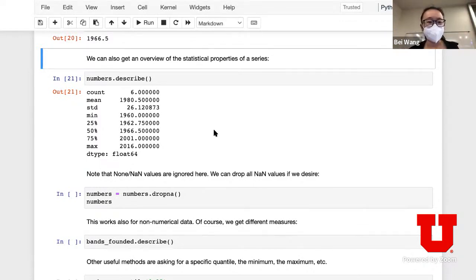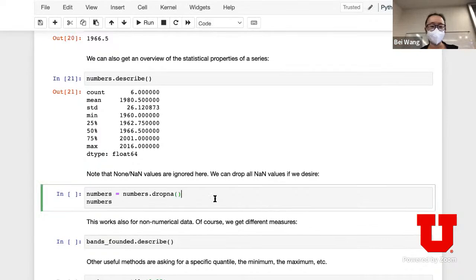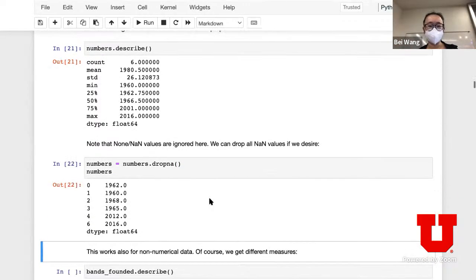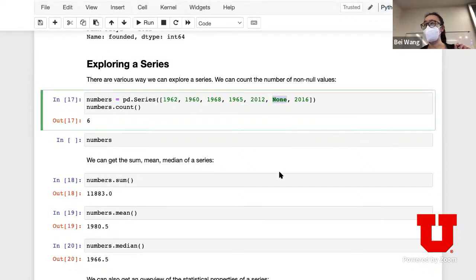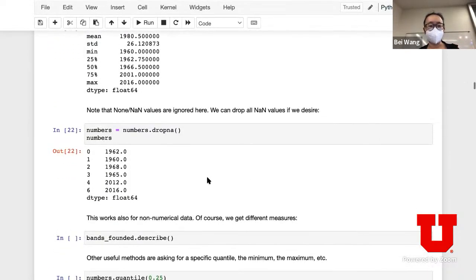Thank you. All right, so the first step of dealing with data wrangling is to deal with missing data or not available data. And series come with dropna. What that does is, if you have NaN, which is basically non-values in your data set or missing data, it's going to drop it. So remember, I have this particular thing where I have a non-value right here, and this operation is going to get rid of it. Okay.